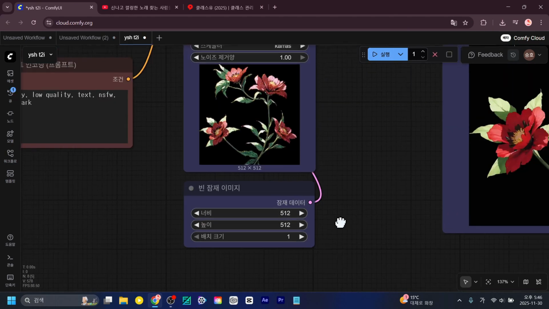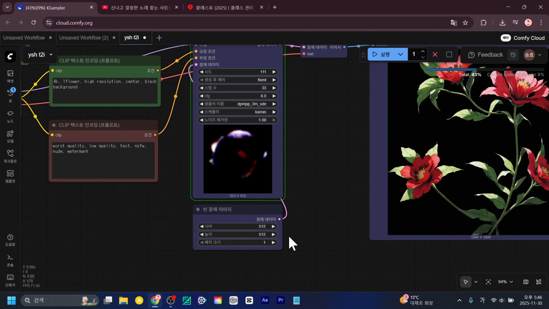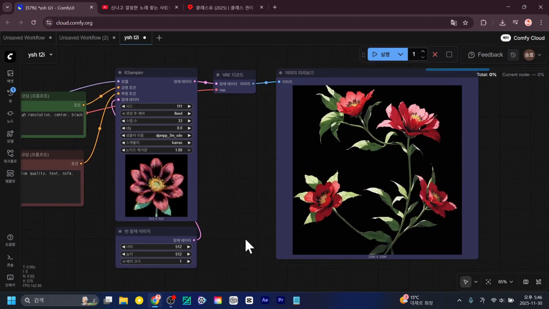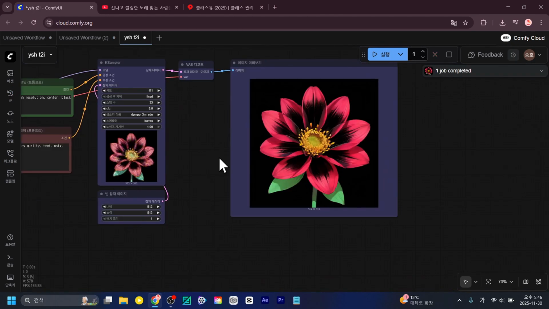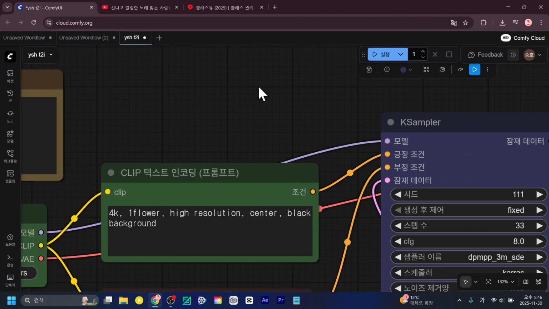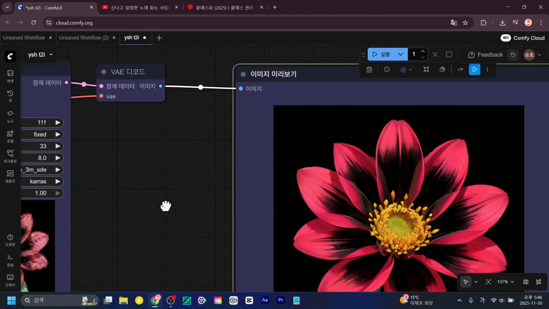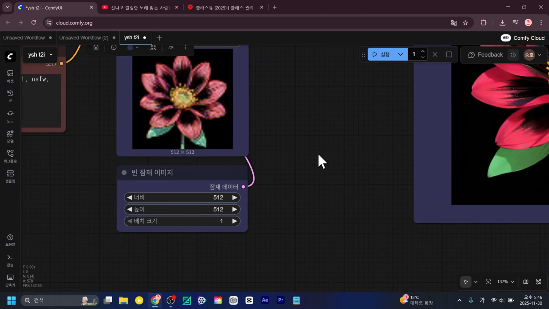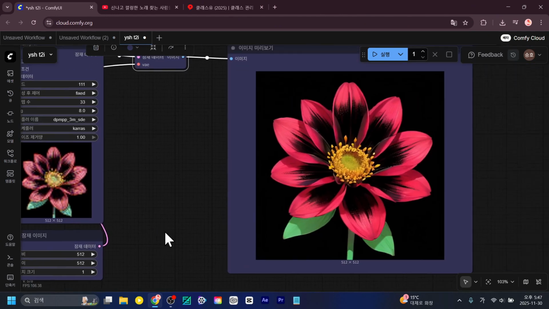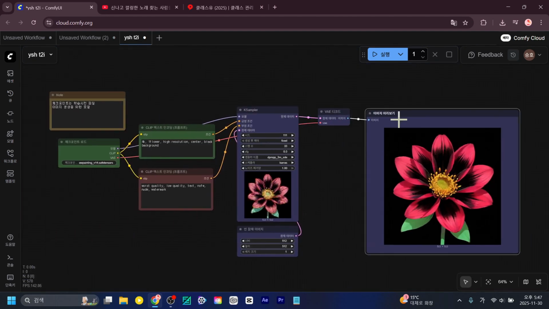Usually when training images, you train them between 500 and 1000 pixels, so if you set it to under 1000, you'll get a single flower, right? But as the size increases, the pixel dimensions naturally get larger too, so you end up with multiple images. This used to be a problem with AI in the past, so what would happen if it were a human? If I were to generate a person, and I didn't know any better, thinking, I need 2000 pixels, so I'll just generate 2000 pixels, then you'd end up with things like 8 arms and 8 heads attached. That's the kind of phenomenon that used to happen.